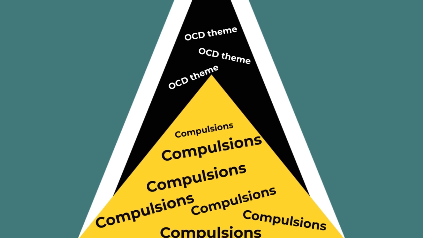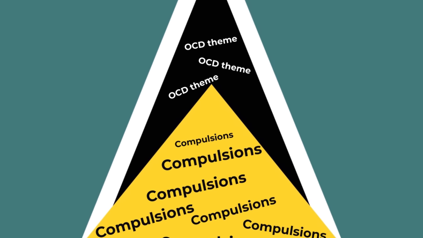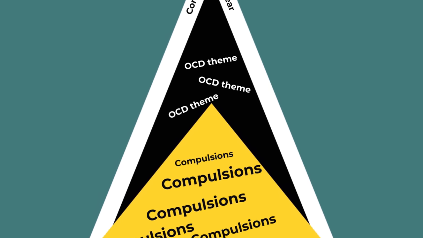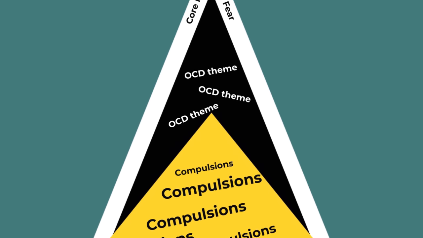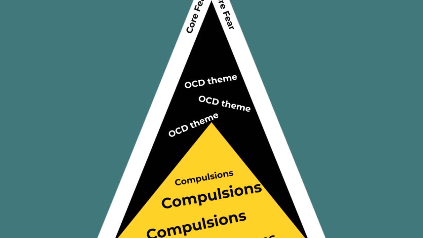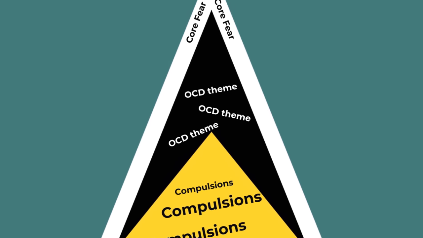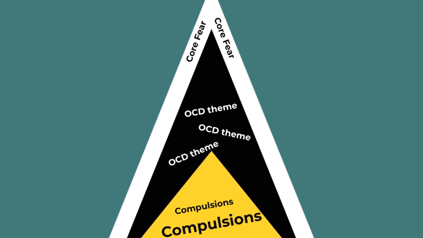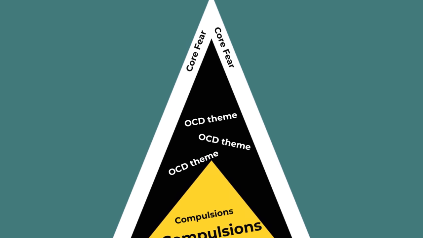Whoa, that's powerful because now you are attacking the head of the beast. You are going for the top of the triangle and attacking the core fear, addressing the core fear, reducing the stress around the core fear so that all the other things in the triangle lose as much power. That way, when OCD shifts and morphs and changes into different themes, it doesn't matter because you're still doing different exposures, but you're sprinkling in that core fear still.